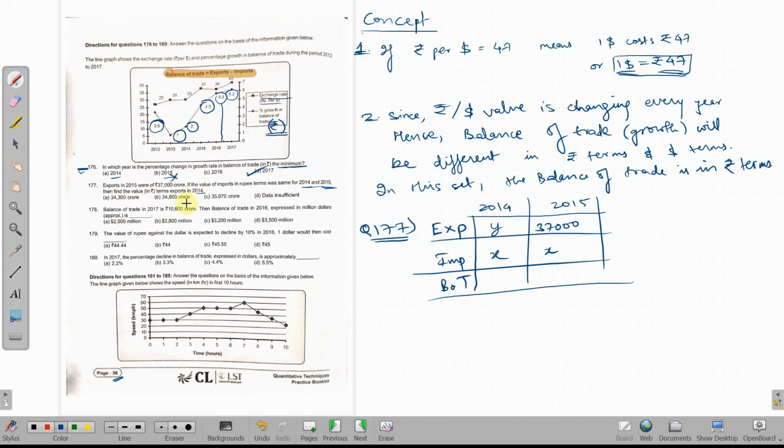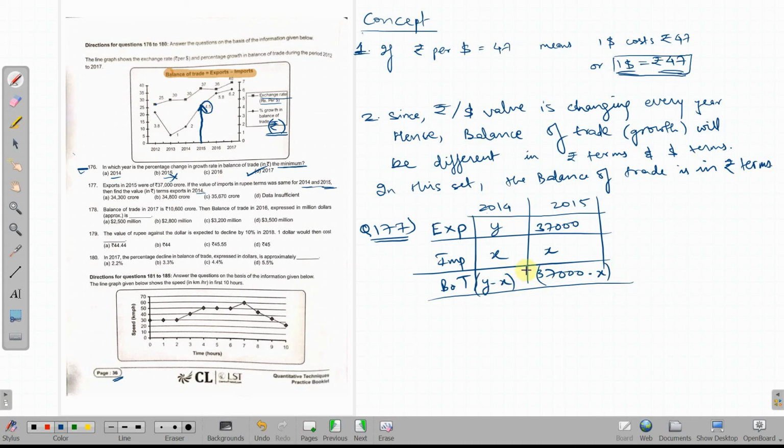So what I'll see is from 2014 to 2015, the balance of trade has increased. So what is the percentage change in balance of trade for the year 2015? Okay. So they say in 2015 the balance of trade has increased by 4.5%. So basically what is the balance of trade over here? Balance of trade is y minus x. Here the balance of trade is 37,000 minus x,